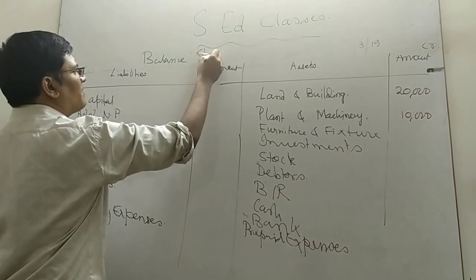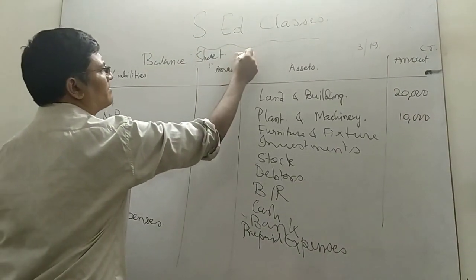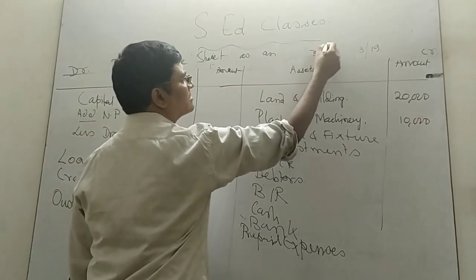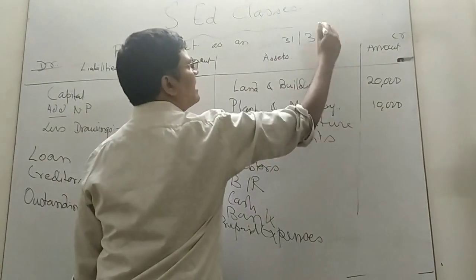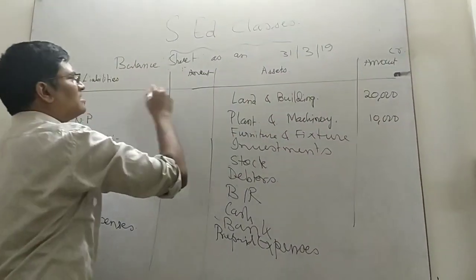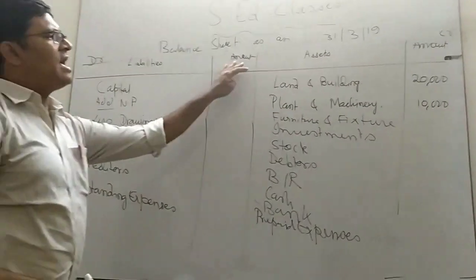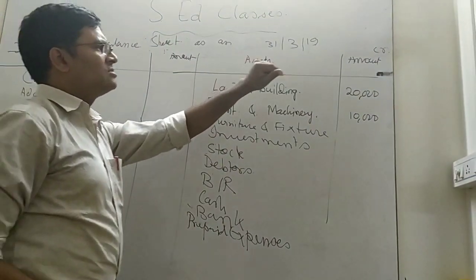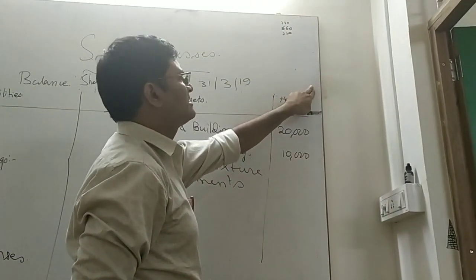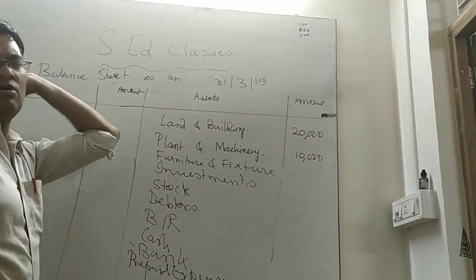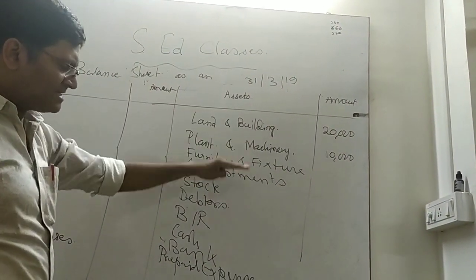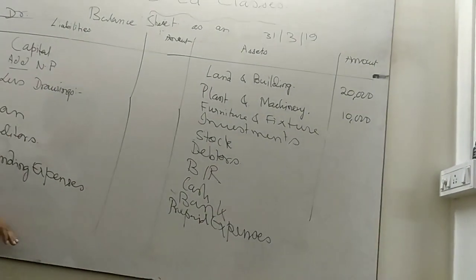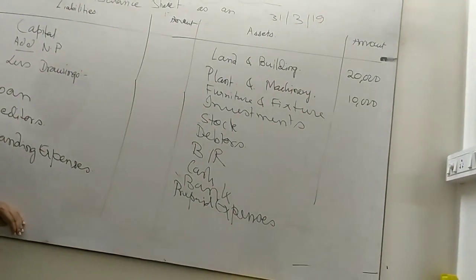We are preparing the balance sheet now. A balance sheet is prepared on a particular date, that's why we write as on 31st/3/2019. This is the date of the balance sheet. We have the liability side, amount, asset and amount. This asset side is your debit amount. Over here it's a statement, that's why we do not write debit and credit. This side is the assets, that is the debit balances, and we will write the liabilities on this side, which will have a credit balance.